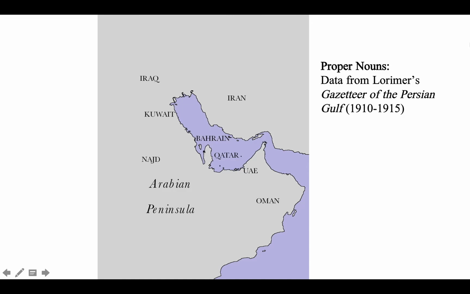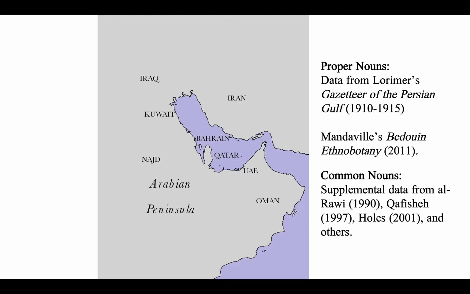My own master's thesis is on Qatari Arabic, but for the purposes of this study of diminutives, I gathered about 8,000 proper nouns from J.G. Lorimer's Gazetteer of the Persian Gulf, which is widely regarded for its thoroughness and also betrays a pretty detailed knowledge of Arabic and of the dialects at hand. The dialects included in this study area include Omani, Nejdi, Gulf, and Iraqi. Other areas of the Arabian Peninsula, such as Dhofar and Yemen and the Hejaz region, are not included in this